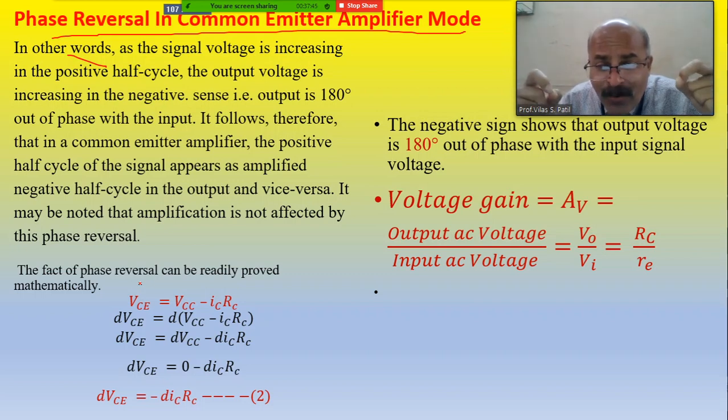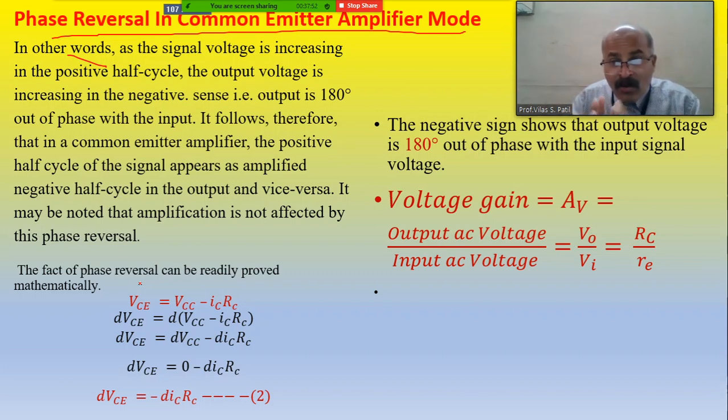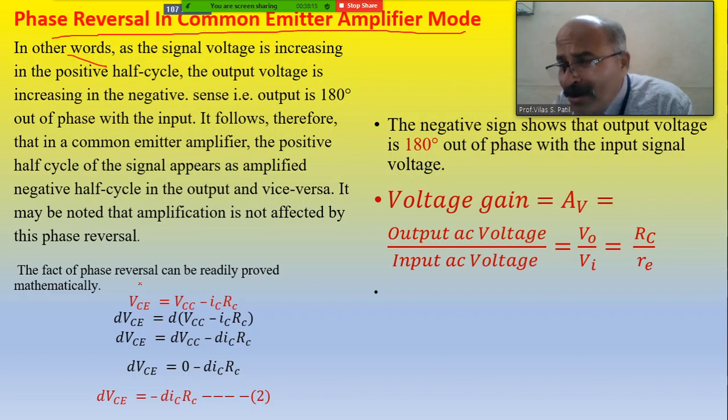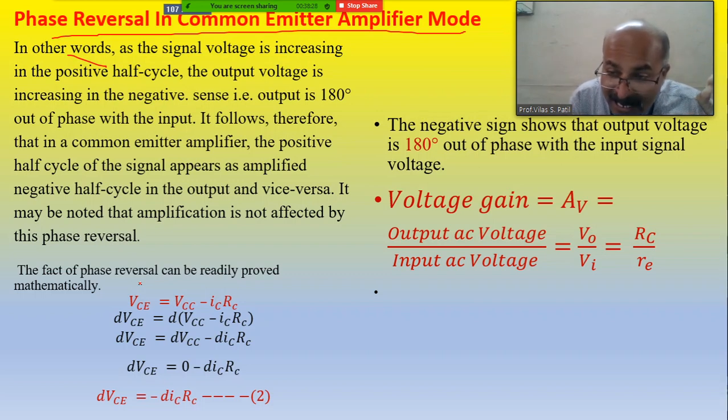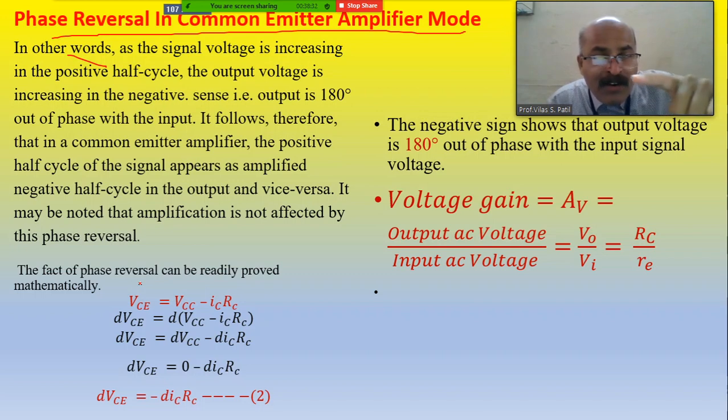Unless we can give some type of verification, some type of justification, we can't rely on that rule. What is the rule? What is the observation? That between the input and output there is a phase reversal, observed in the case of the basic common base transistor amplifier. Is it the correct statement? When is it to be correct? When are we going to rely on it? When and only when we can get the proof, we can justify it, we can verify it, and for that purpose here we take the support of a mathematical operation known as